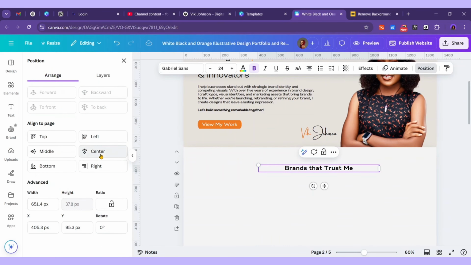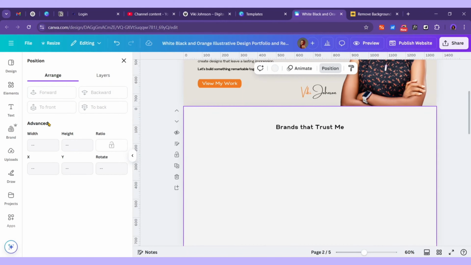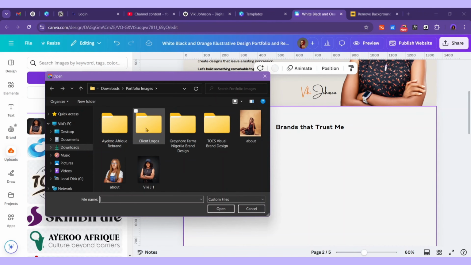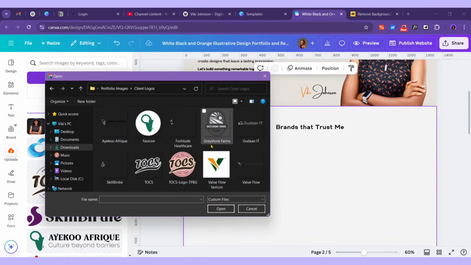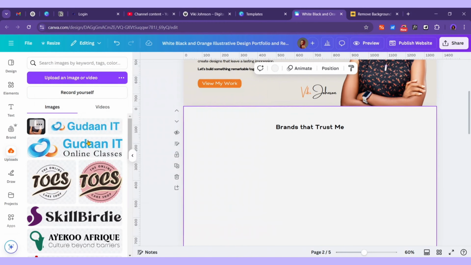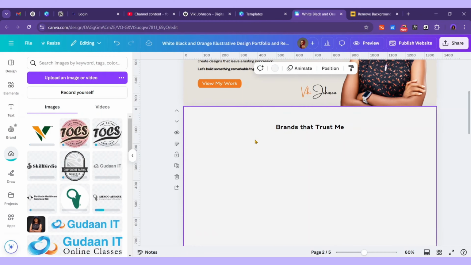And now I'm going to hit position, and under align to page, I'll make sure it's center aligned to the page. So now I will go and upload the images that I want to use by going to uploads, upload image. I'll go into the folder that has all my portfolio images and I'll upload all the brand logos that I have on there. I'll only be using a few of them so that the page will not be so